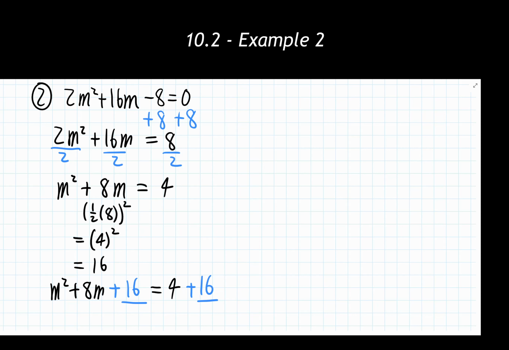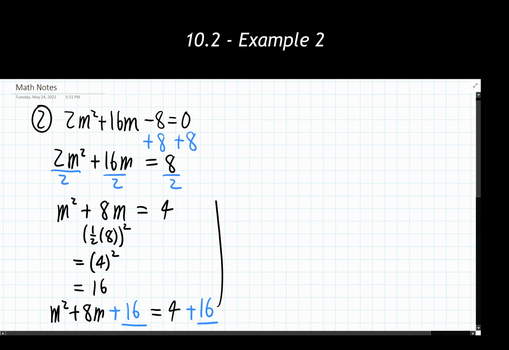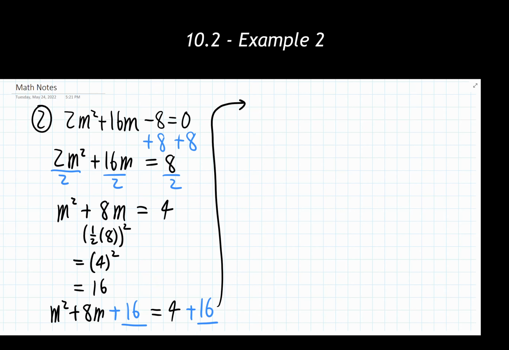I'm going to move this up just because I'm running out of space here, and I want to try and keep everything together if I possibly can. So once I have a square of a sum, square of a difference on this left side here, that's perfect. We move on to step 4, which says on the variable side, we are going to factor the square of a sum or difference into its factored form. And again, I'll do it in a different color this time. We have the line right here, we have this 4, that's going to be our shortcut to jump right into the factored form of m plus 4 squared equals, then we have 20 showing up on the opposite side.